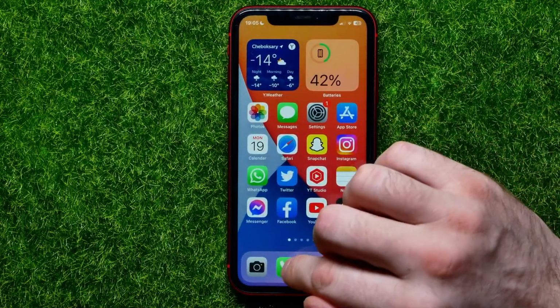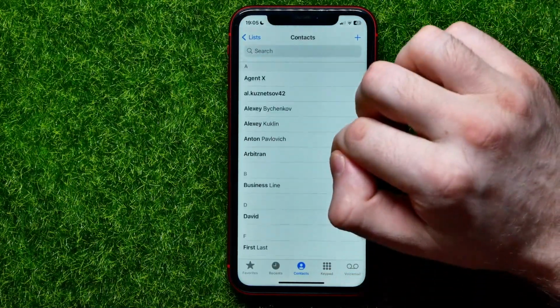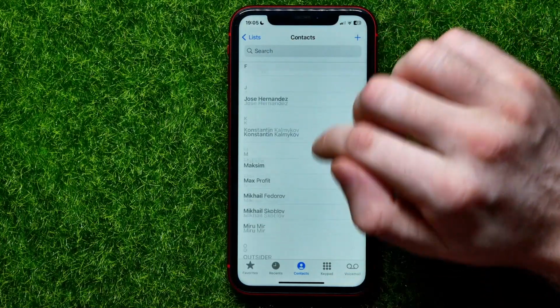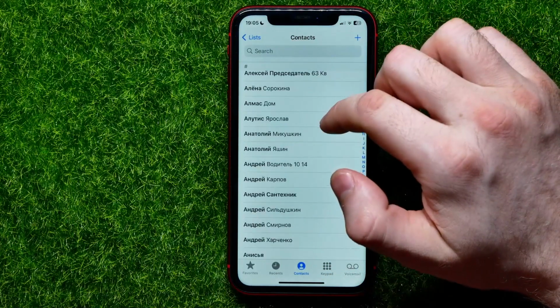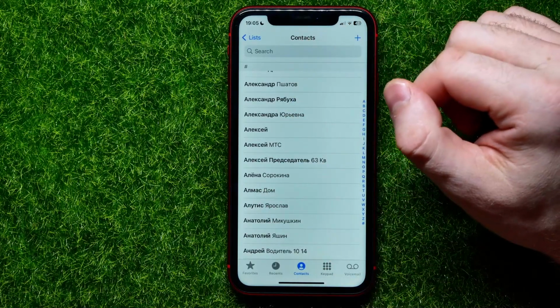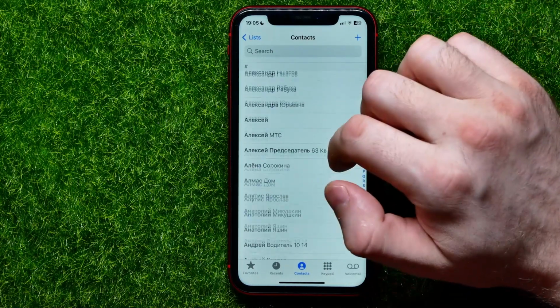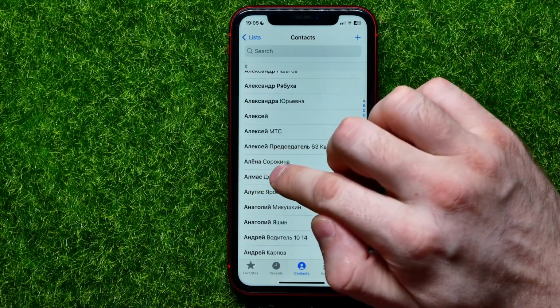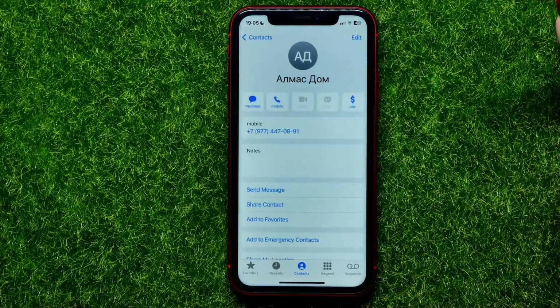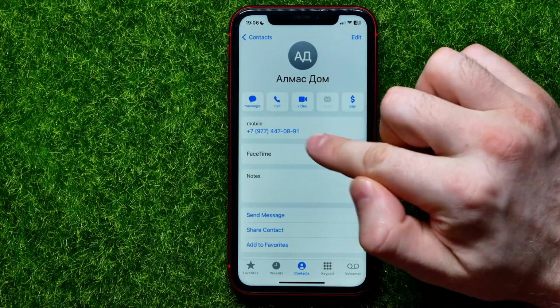So you can get into your contacts and it shows you all of your contacts in that big list. You can use search to search for some specific user, and in that simple way, once you find a person, you can just open up their contact, and on that step, in order to remove that contact, you can hit